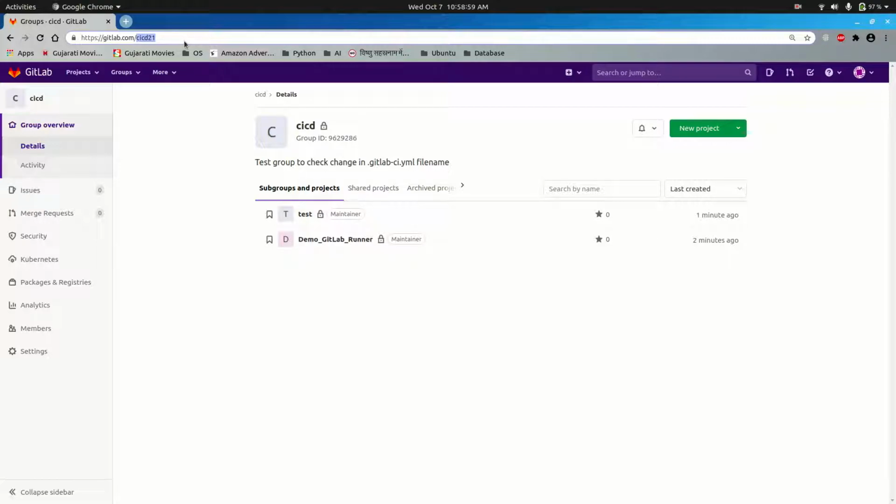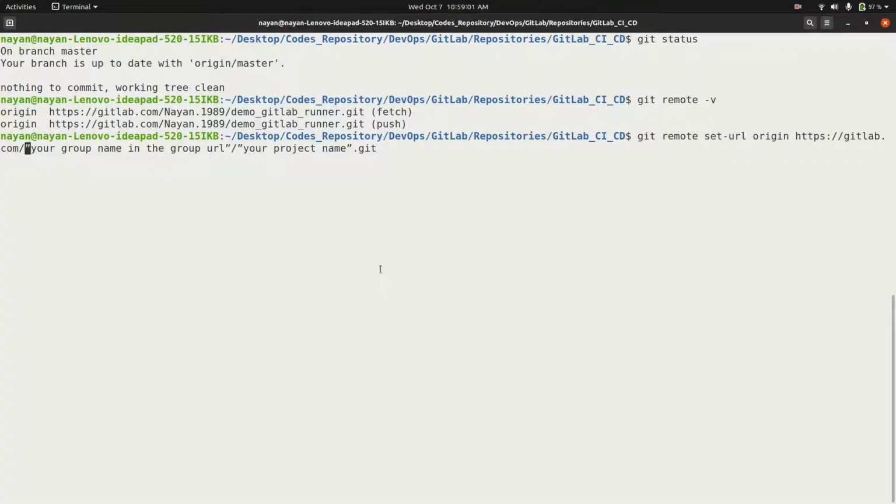I will copy and paste it over here, and my project name is demo GitLab runner, and enter.